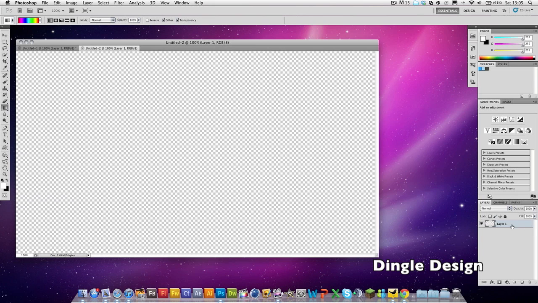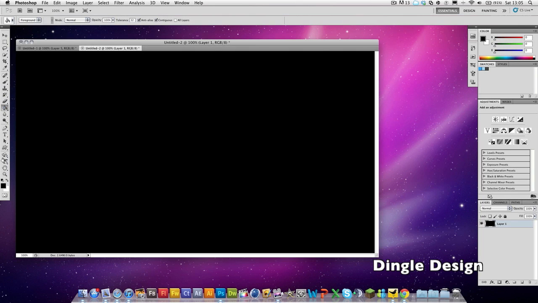And if you've got this down here, you just want to double click the lock that's down here, and then you want to make sure that your background is black, like this. So then what you want to do is go to new layer, and then click the brush tool,